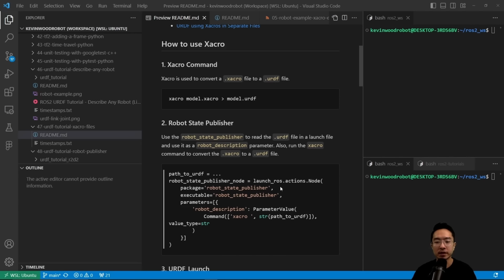So you could use this inside of your launch file. For this, you need to have the path to your URDF. Then inside of your launch file, you could have a launch_ros.actions.Node. We're going to use the package robot_state_publisher, and the parameter that we'll be passing is robot_description. And we're going to be running the Xacro command inside of the launch file to convert our Xacro file into